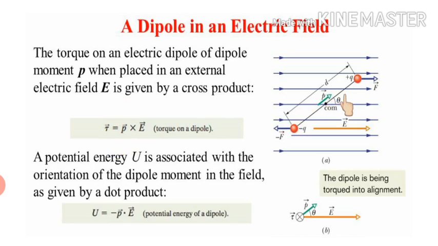Now, if we want to rotate this electric dipole in a direction opposite to the torque, against the torque, we have to do some work for that. And this work done will be stored in the form of potential energy in this electric dipole, which is represented by U. And it is given by U is equal to P dot E. It will be the dot product of dipole moment and electric field. So it is a dot product, and we already know that potential energy is a scalar quantity. So please remember that the cross product of dipole moment and electric field gives us torque, but the dot product of these two gives us potential energy.